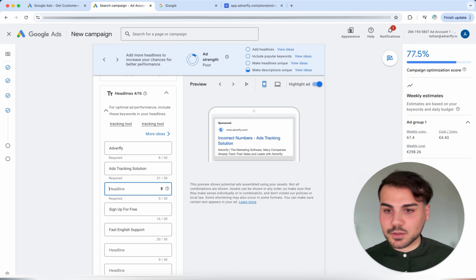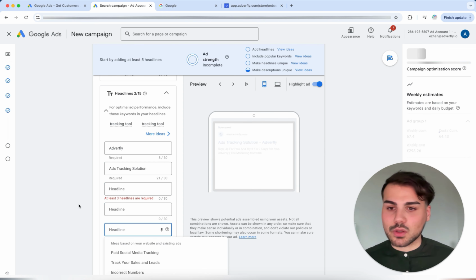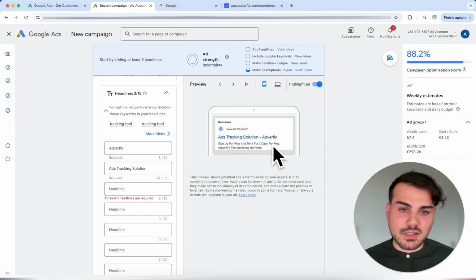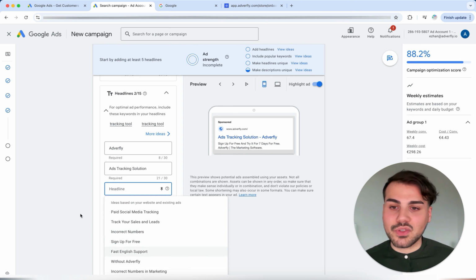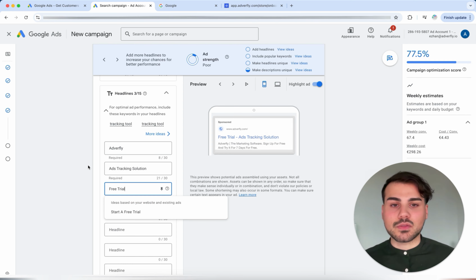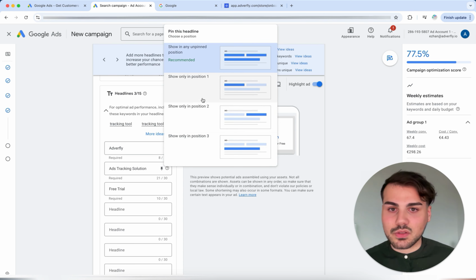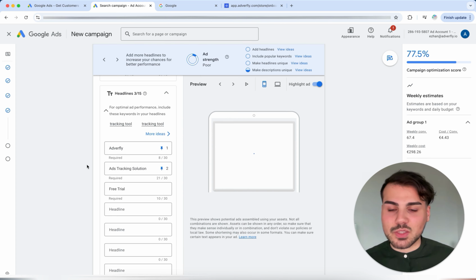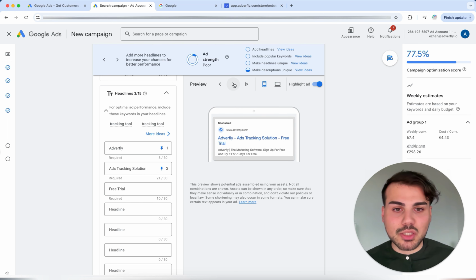Then I can remove this here. I can get rid of that here too. Let's make it quickly. I'll also remove this. We need to add at least 3 items, even if not everything is shown. Sometimes only 3 items are displayed here. Here are some recommendations from Google, but in this case, I'll write free trial period into the box. You can now, for example, say the following: hey, I always want to have this on 2 and have it on 1. This means these items will always be displayed, and depending on the device and browser, this free trial may also be displayed. Let's see if I can see it in the preview. Exactly, it looks like this here.